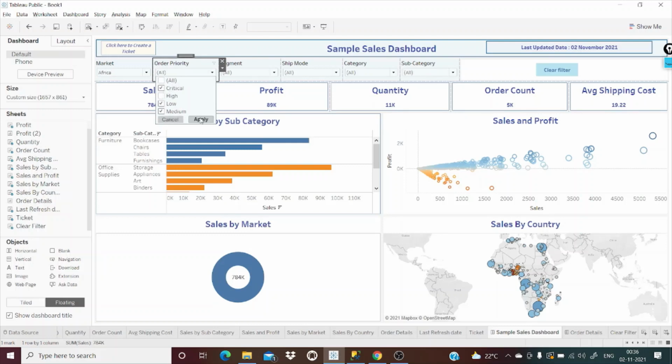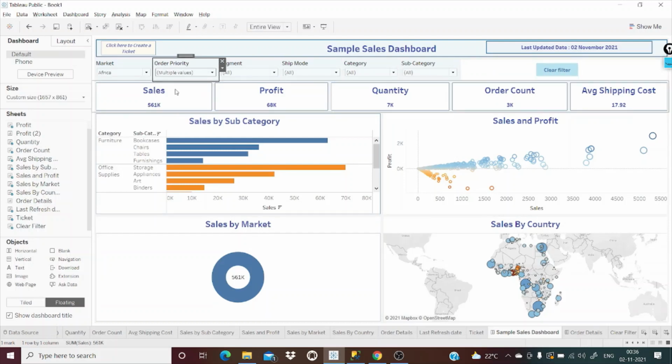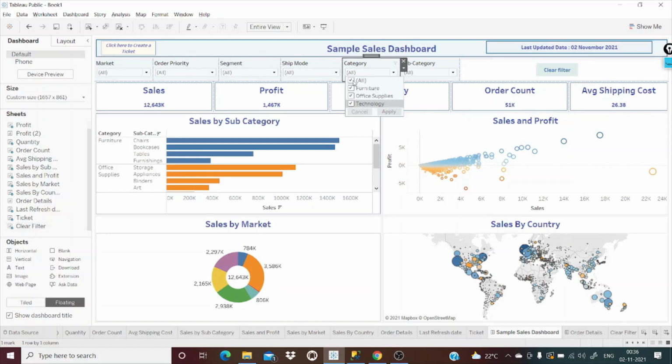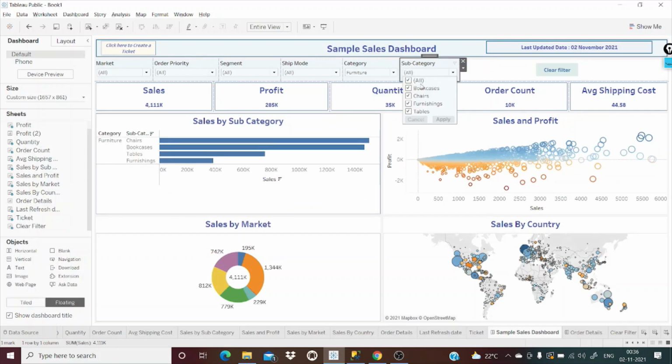By clicking on clear filter, whatever filters the user has selected will just go off. And the moment the user selects furniture over here, only the related values will be shown up here, like chairs, bookcase, tables, furnishing, right? This kind of changes. So how to do these small changes is very important.